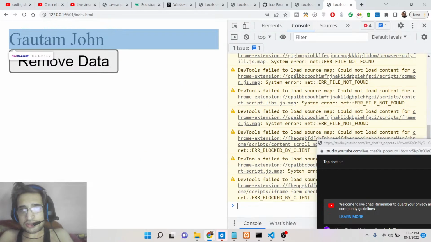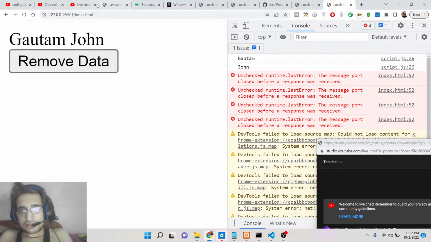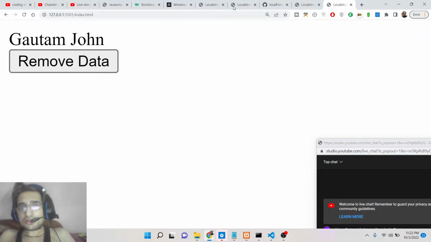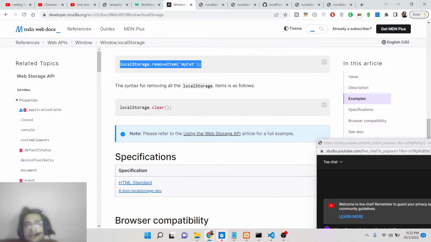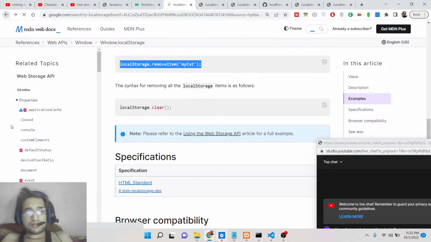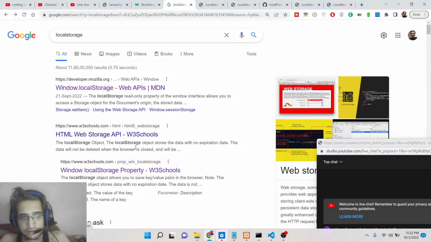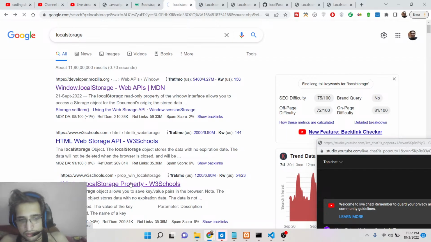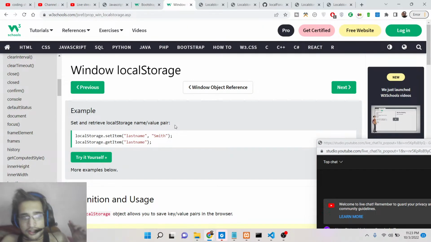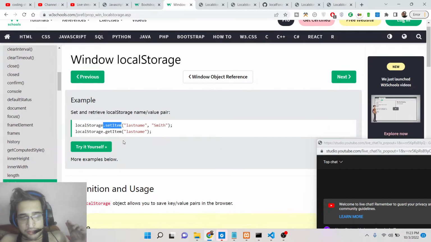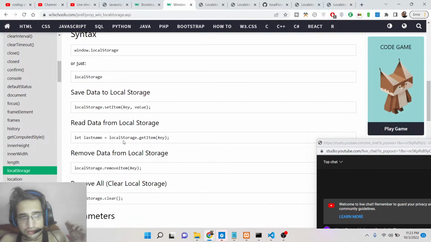Let me see what the error is here. I think there is some kind of problem. It's key value pairs. You can see setItem, getItem, and here is also a